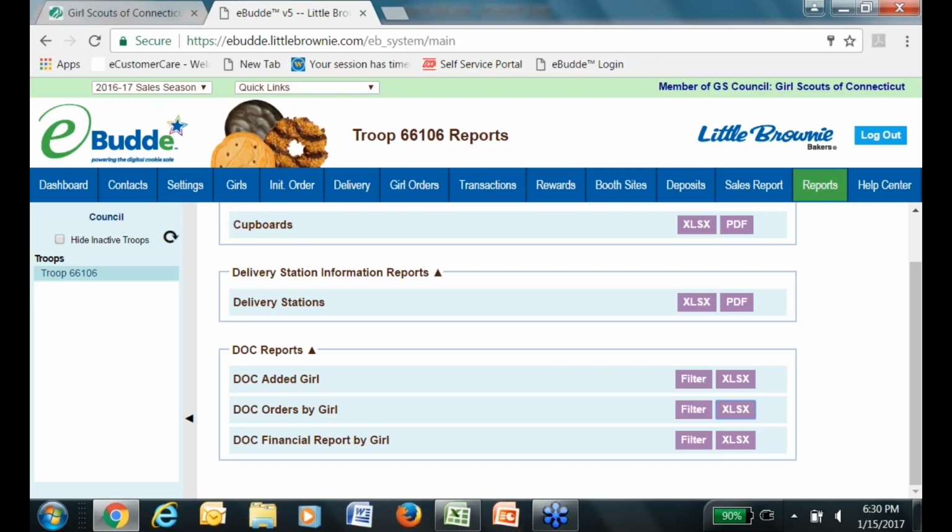I should also remind everyone that the girl delivery part of eBudde closes when the initial order closes. So you won't have to pull this report at any other time during the cookie program. You'll just need to pull it this one time before you submit your initial order and make sure that those are included. Digital cookie will be open through March 31st for shipped and donated boxes, but again, you'll see those just flow right into your Troop's eBudde. All of the boxes, all of the payments will all be recorded automatically for you, and you won't need to do anything with them. So with that, we can go into the initial order tab,